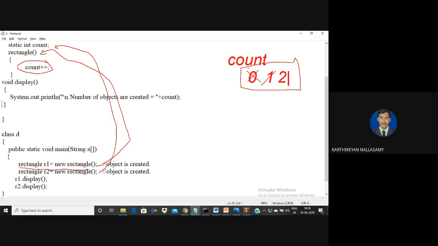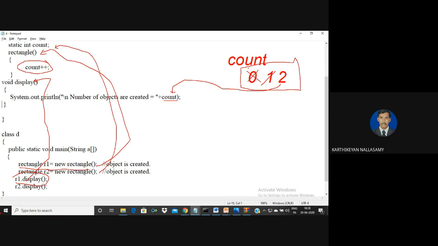Next, I'm going to access R1.display, so it automatically invokes the display method. Here I am going to print the value of count. The current value is 2, so it will display 2, because this count memory is common for all the objects.